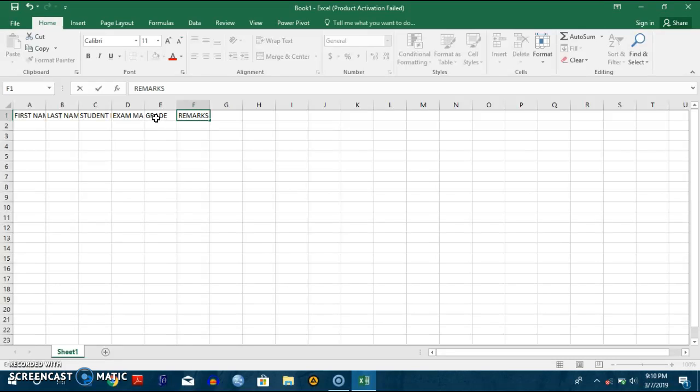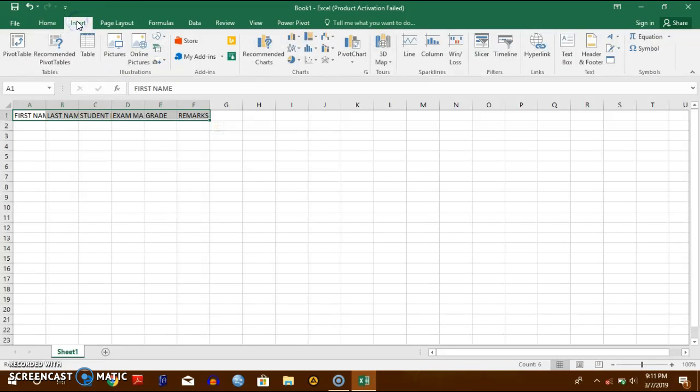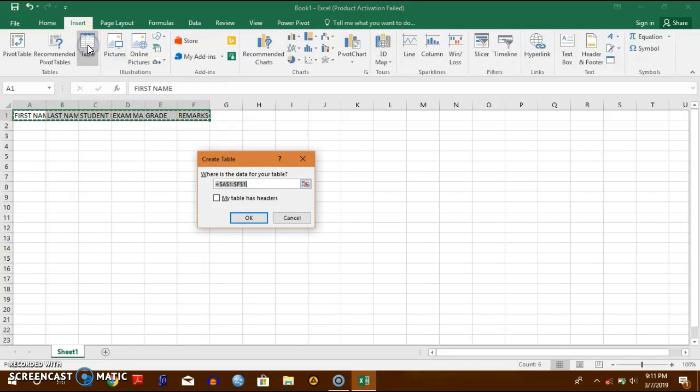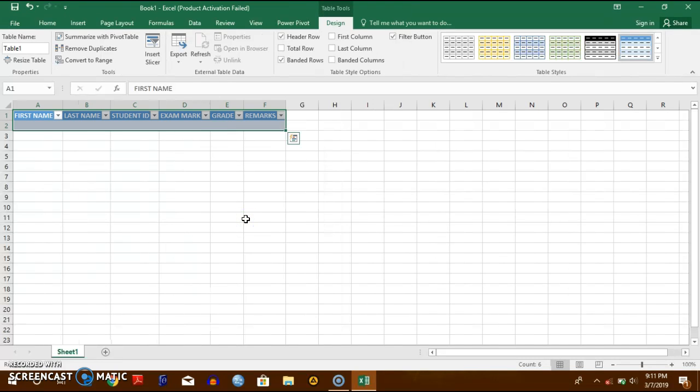Just an example, okay. So after typing in the headings, you highlight everything, okay, and go to insert, then table, and you check this box. My table has headers, okay. All right, then when you are done with this, then you